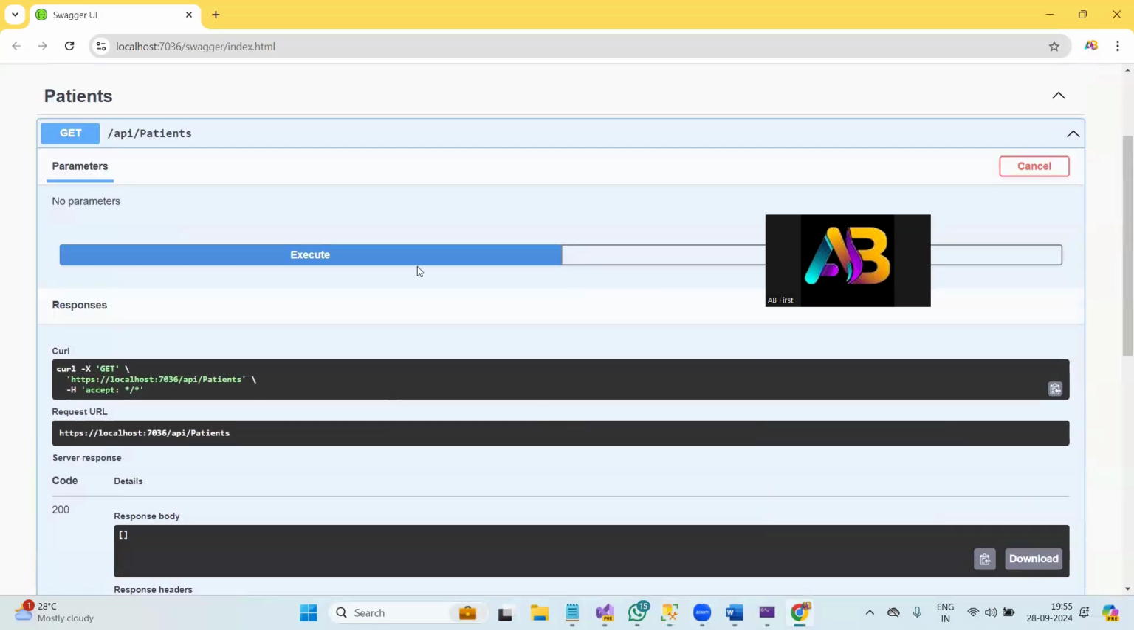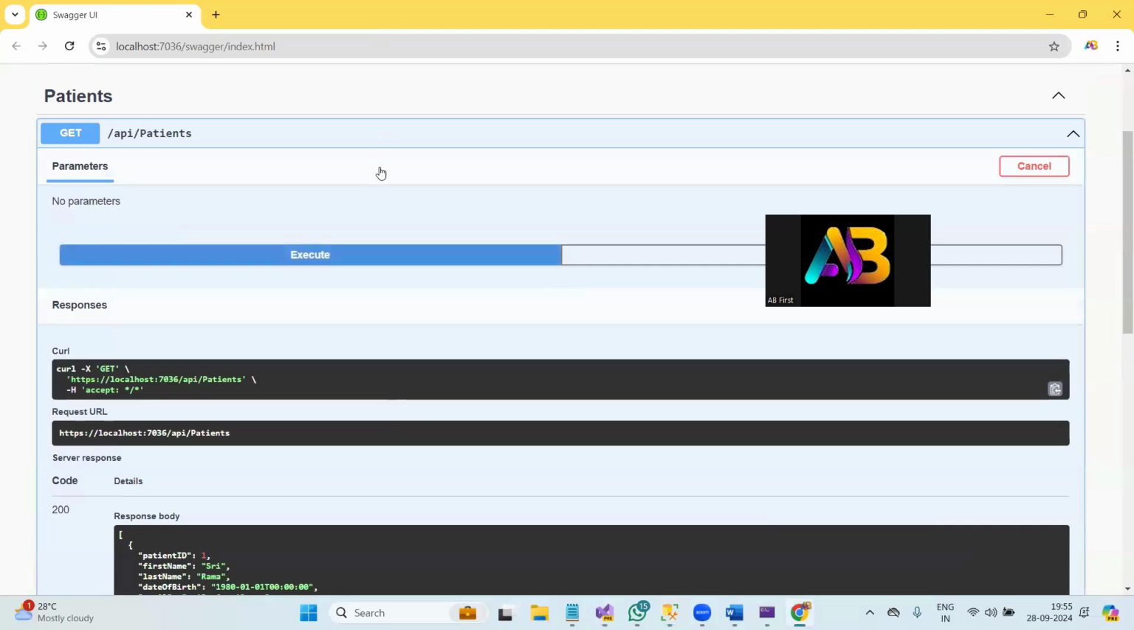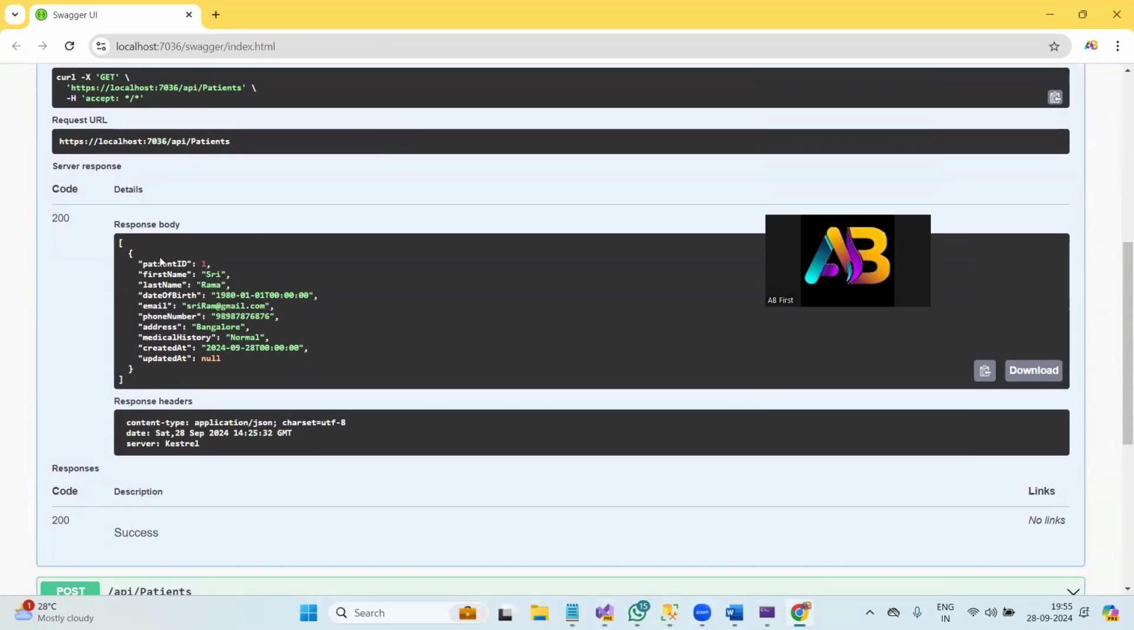Now let me execute this. Over here, continue, continue. So there is a record fetched here. So the get operation is completed. Okay, now